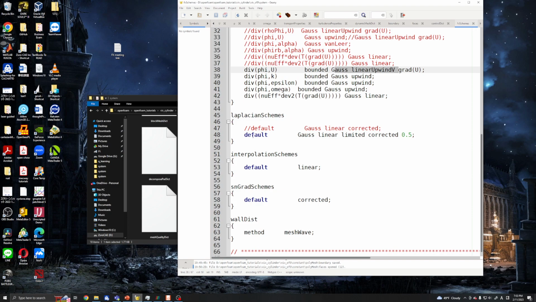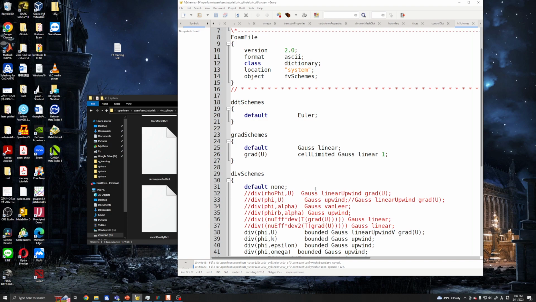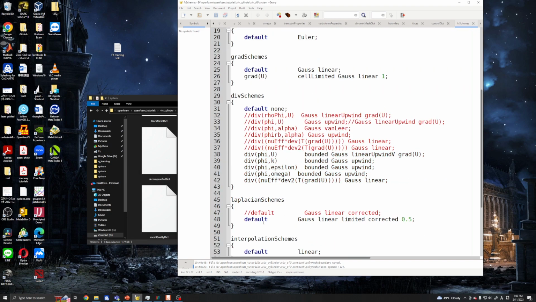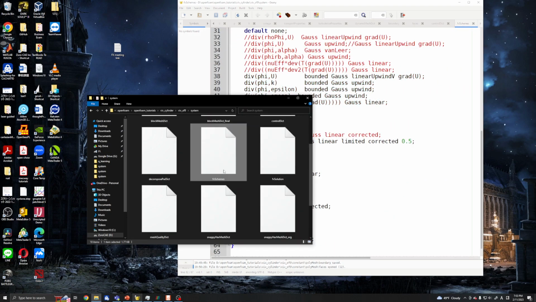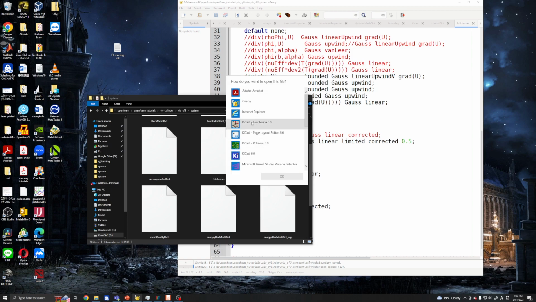Okay, we can have Laplacian schemes and interpolation schemes and snGrad. Okay, and this one is a wall distance scheme, wall distance required for the k-omega SST turbulence modeling. For other turbulence models, we won't need this. Okay, and